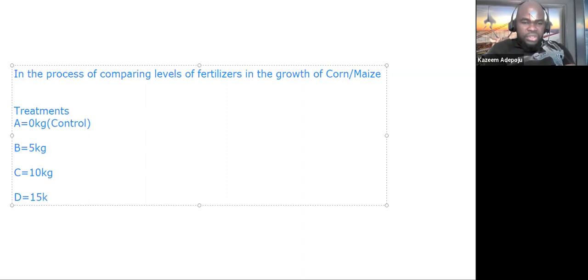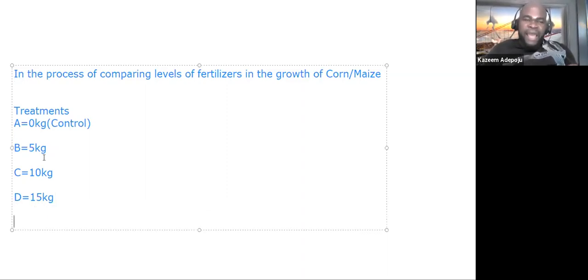Now, what I have right here, if I only focus on this alone, if I have a farmland where I want to apply this,